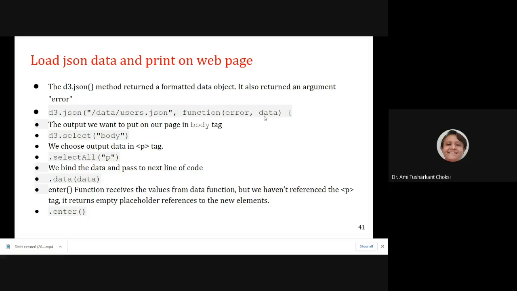Whatever is the implementation of the function, we can provide it. Inside that, we want to give the output. See, till now what we were doing was a simple thing. We were only doing console.log, for the CSV file and for the XML file. Now we want to print it on the web page.